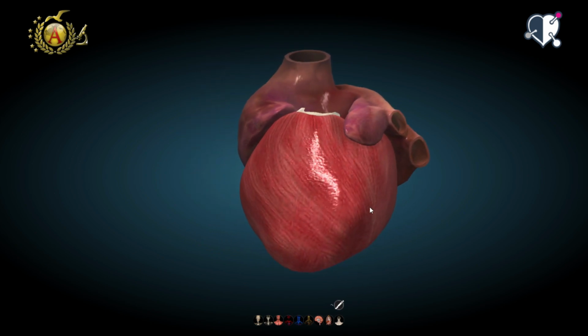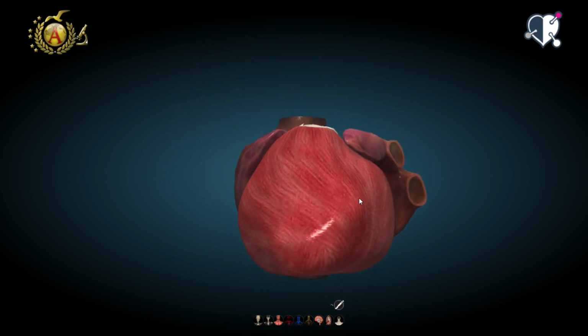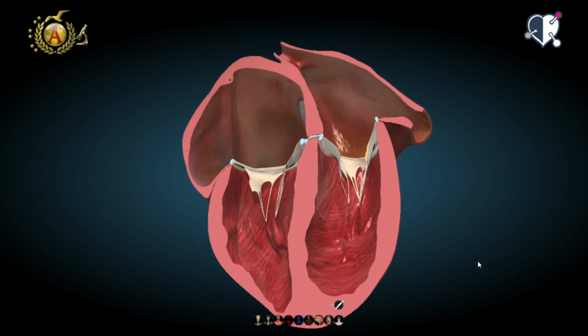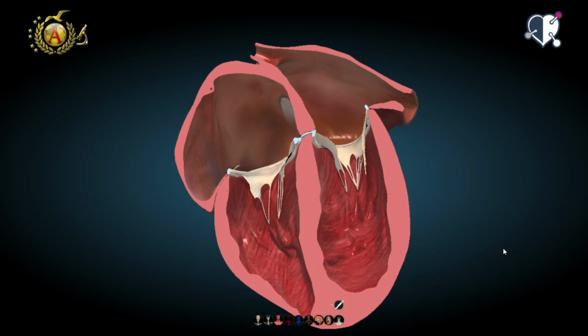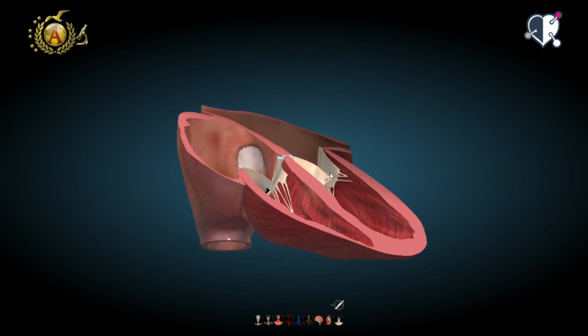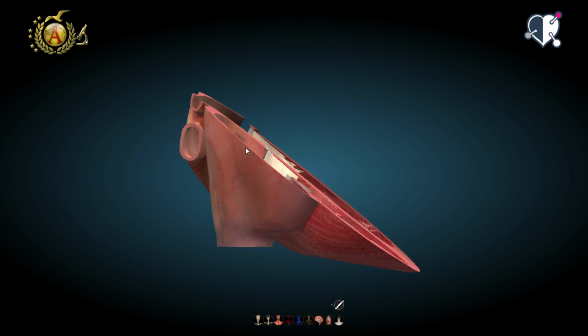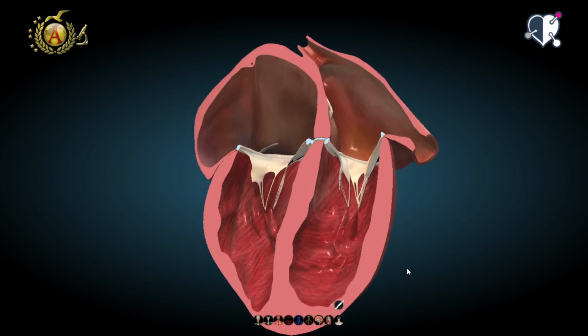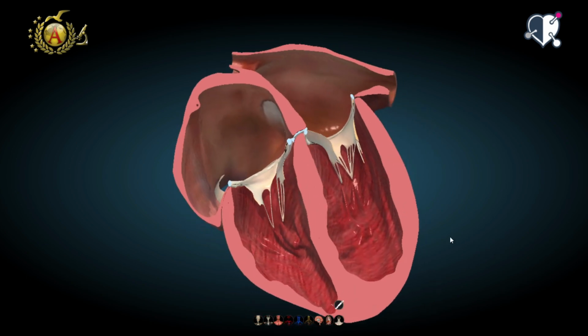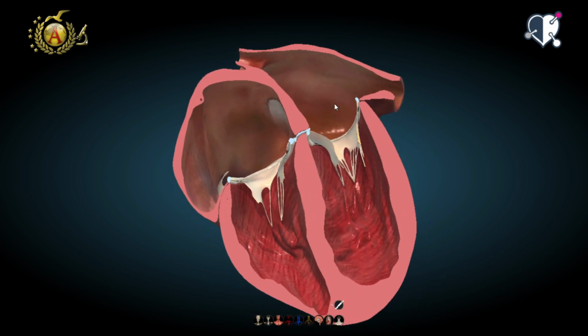Cardiovascular system, internal configuration of the heart. In this lesson, we will analyze how the four cavities that make up the heart are formed. Here, we can see a section. The heart was cut along the longitudinal plane and its major axis. Therefore, we can obtain this figure in which all four heart chambers can be seen.